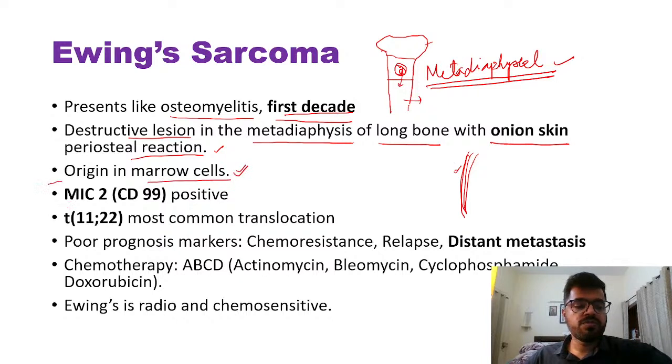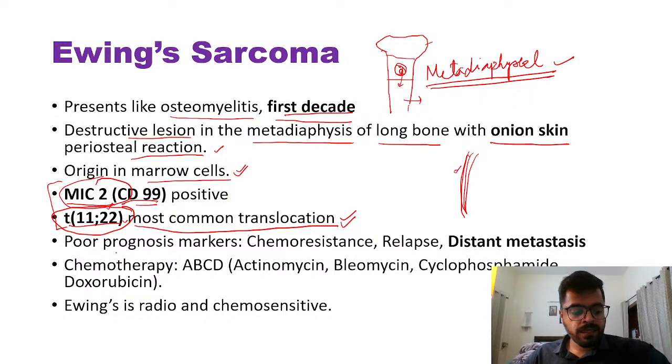So here are a few markers. It is MIC2 positive, that is CD99, also known as MIC2. This tumor is positive, and translocation 11;22 is the most common translocation. This one we need to remember, translocation 11;22 and MIC2. So these two are the markers of Ewing sarcoma, and there are some poor prognostic markers which are chemoresistance, relapse,